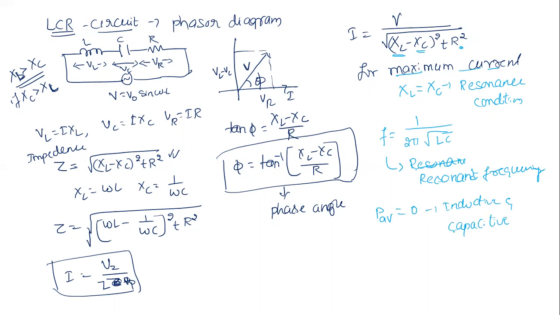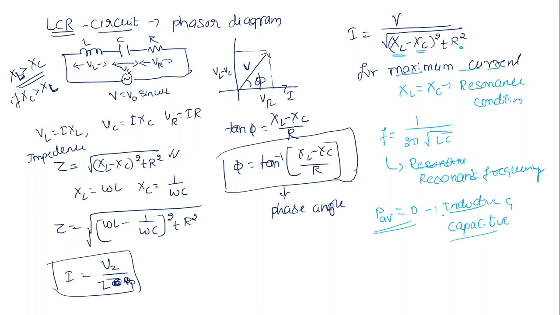In these two circuits, the value of power loss is zero. We will prove it later. Okay, no need to prove. Because what will happen physically? In the inductor, magnetization and demagnetization happen. In the capacitor, charging and discharging happen. Both are equally applicable. In both cases, the average power dissipation becomes zero. That's the thing you need to remember.